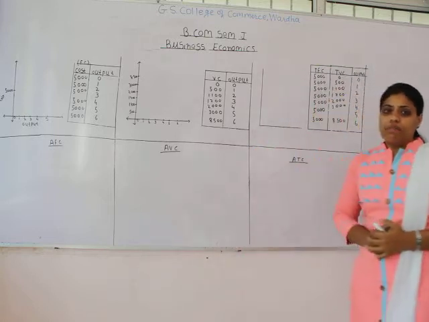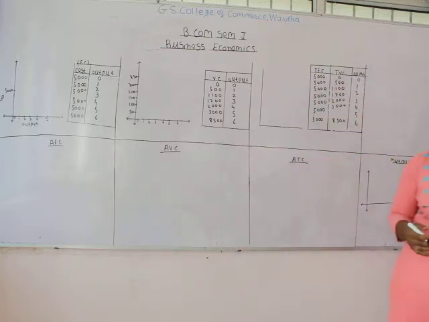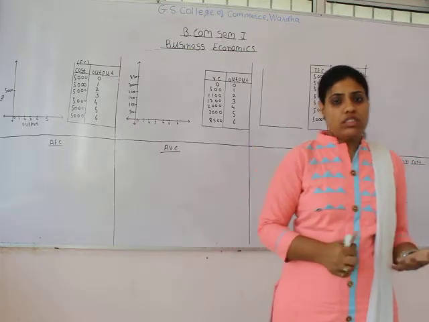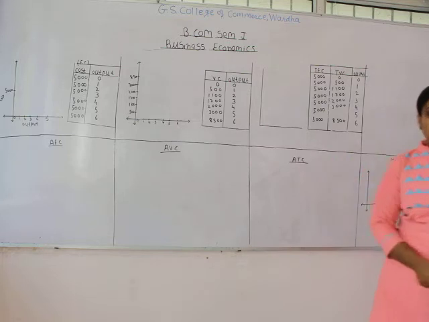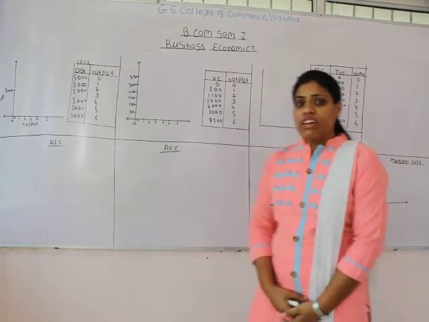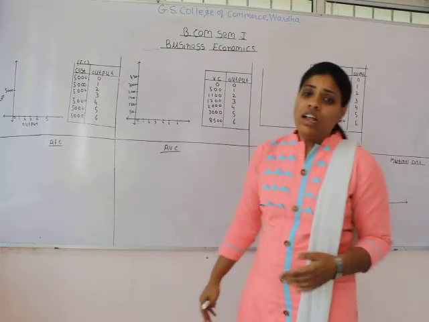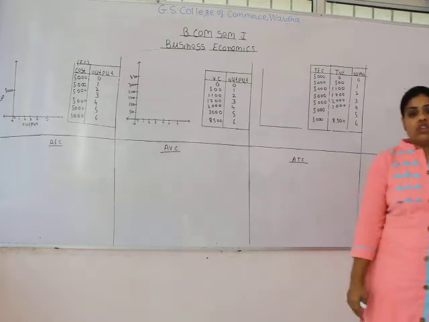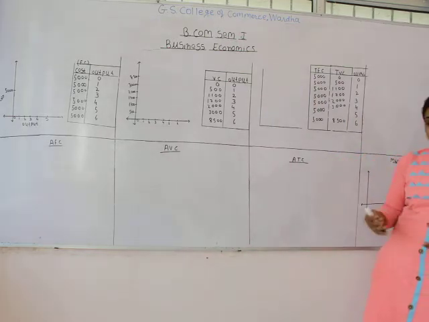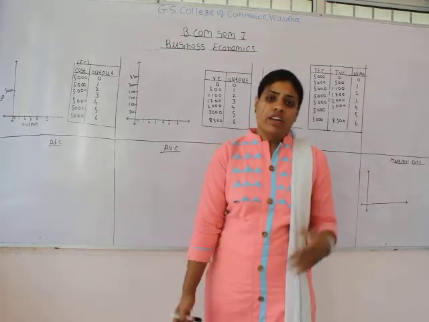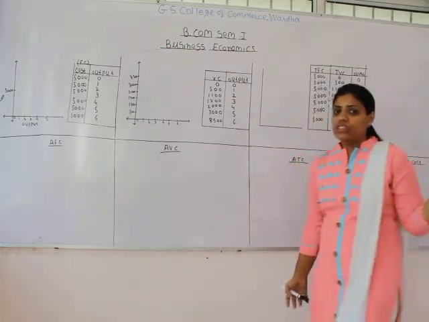Take another example. You make samosas, and you have a small room for making samosas. You again pay 5,000 rupees as rent for that room. So even though you are producing 10 samosas, still you have to pay 5,000 for the room. And even if you are producing 500 samosas, still you have to pay only 5,000 as room rent.